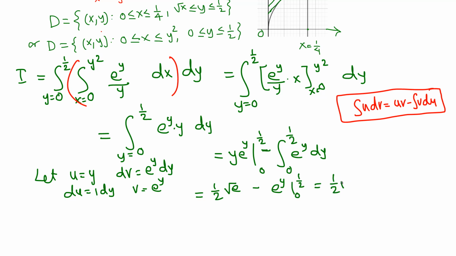Here we have 1/2 root e minus the upper limit, replace y by 1/2, e^(1/2) is root e, minus the lower limit; distributing the negatives, this becomes plus the lower limit, e^0, which is 1. This would be the answer, but these are like terms. One copy of root e, negative, positive 1/2, positive 1/2 minus 1, so negative 1/2, so we have 1 minus 1/2 copy of root e. Okay, final